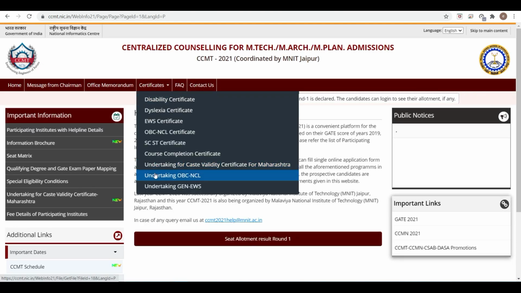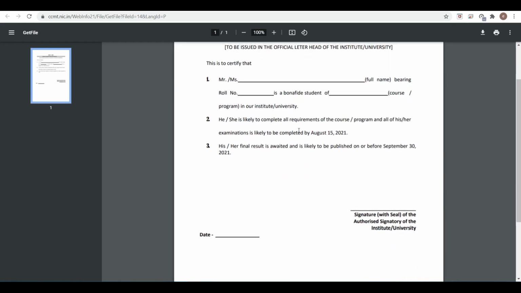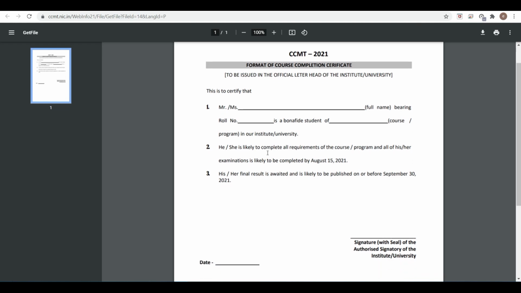And then you have to go to the documents or certificates. Here you can see this is the course completion certificate. You have to go here, download it and take a print, and then fill this in. You are basically giving a certificate that you are likely to complete all the requirements before 15th August 2021, and that the final result awaited is likely to be published before 30th September.